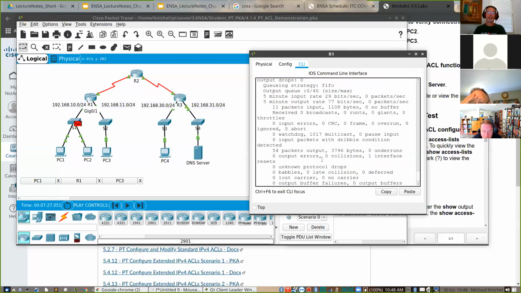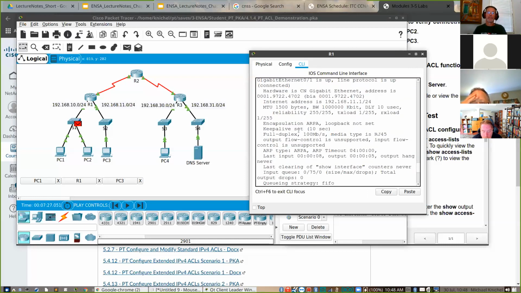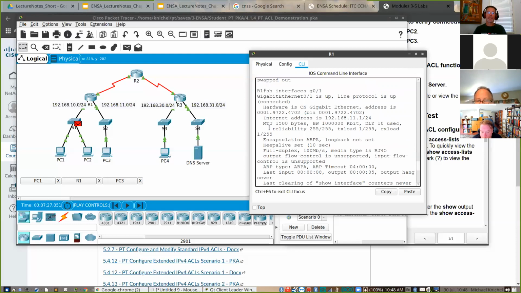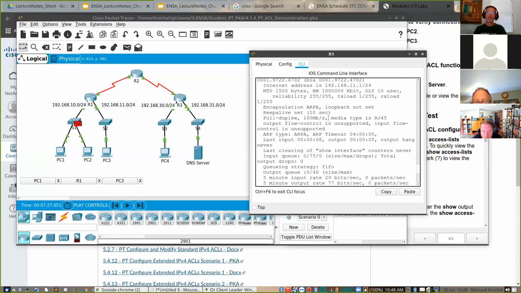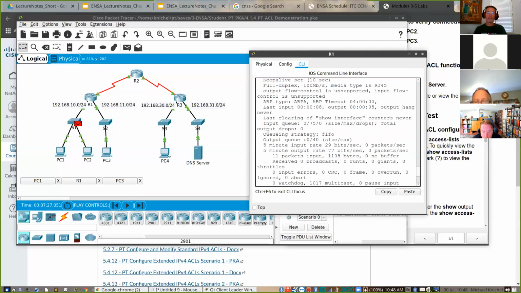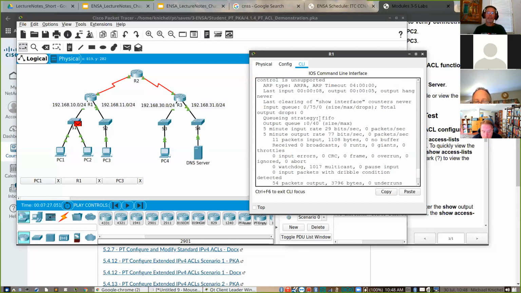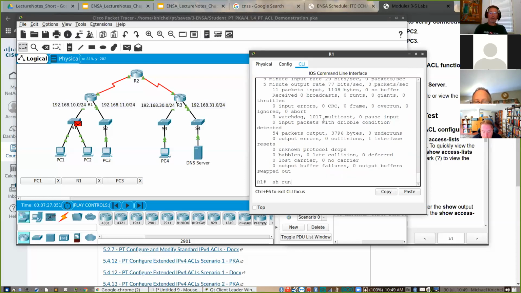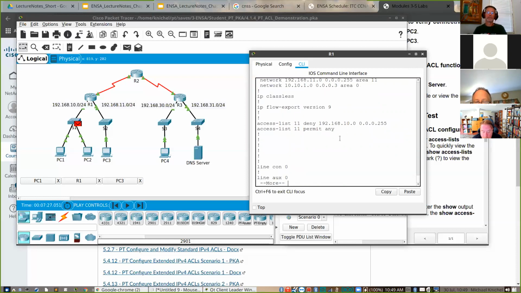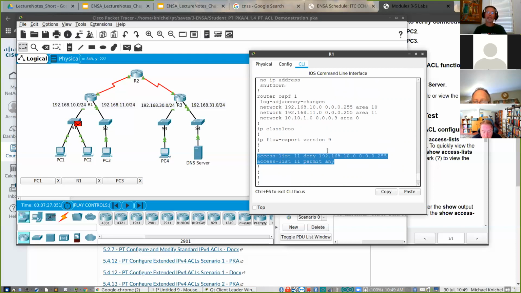If I look at the interface, let's see if there's anything here for us. MTU, encapsulation, flow control, ARP. Nope, nothing here. Show run. Down here at the bottom, we have the definition of the ACL, and it will not show the deny any, which comes after the permit any.